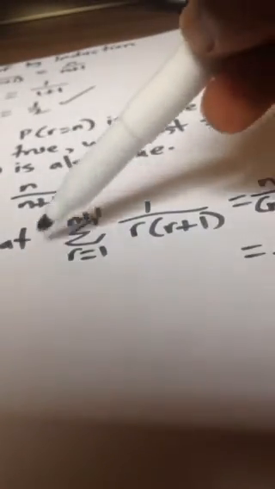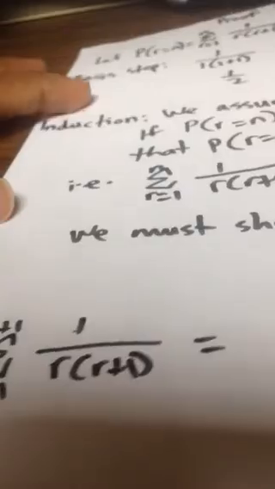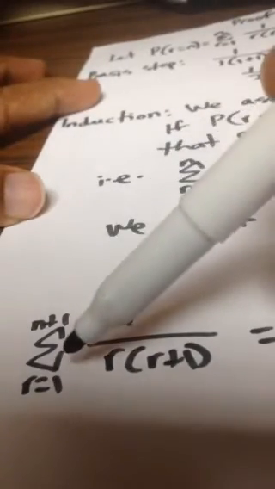So we must show that this is equal to n plus 1 over n plus 2 to prove our inductive step. Now, summation from r equals 1 to n plus 1 of 1 over r into r plus 1 is equal to, so I'm summing all the terms from r equals 1 up to n plus 1. That is the same as if I sum all the terms from r equals 1 to n